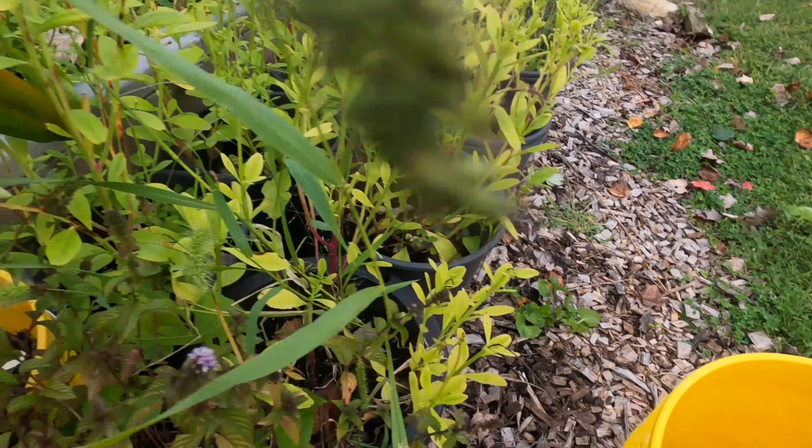So I'm gonna harvest the large ones, and the smaller ones I'll let them go, and hopefully in a month's time we should be able to harvest the last ones that are left. So these ones are ready. We're gonna harvest them and just cut them up and then just freeze them and use some right now and then use most of them later on. So I have another stem over here,